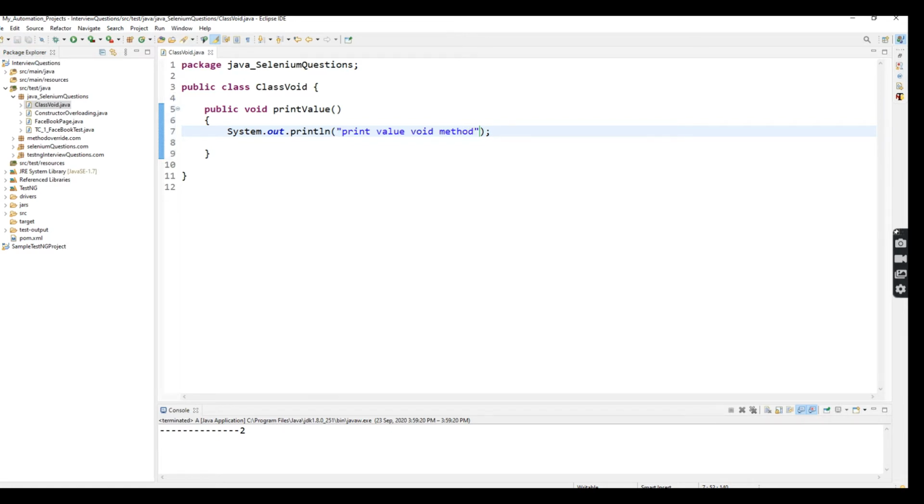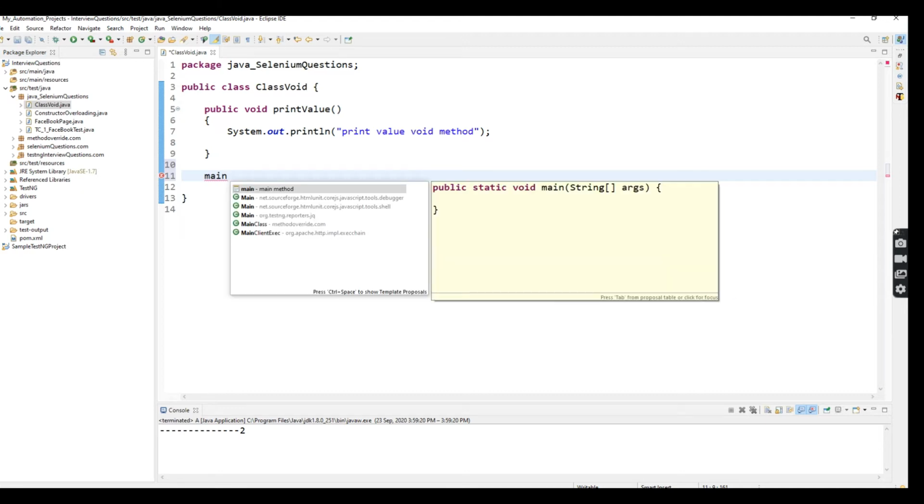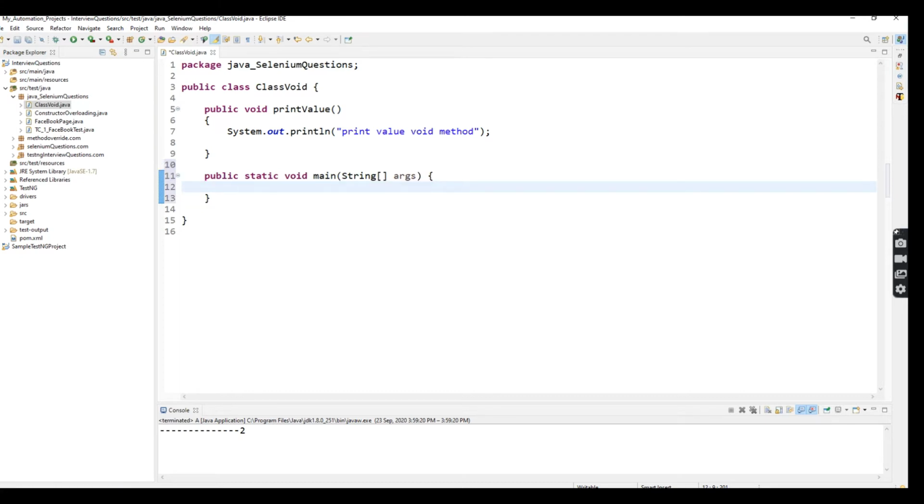So now we have successfully created this method. How can we access this method? First we have to create a main method. Inside the main method only can we access this method, right? For the main method, you can enter main, then press Control Space Bar at the same time. That time you will get the suggestion list. There you can click the first one, the main method. So here what I'm going to do is get this value. This method will be available inside the class only. So I just copy this method and directly paste it. Then you can press Control Space Bar.